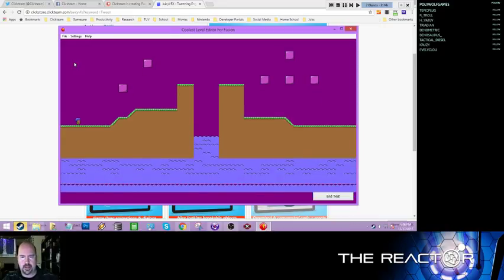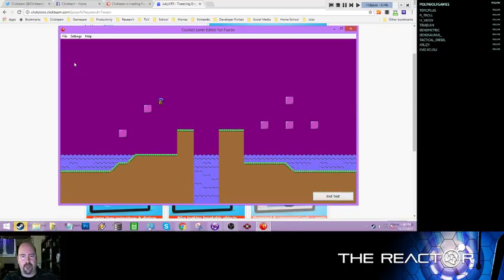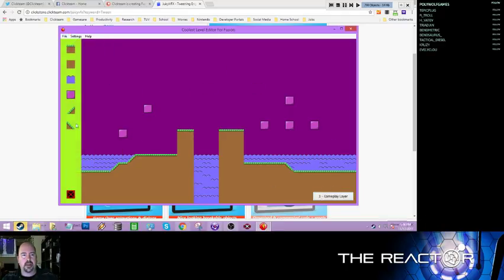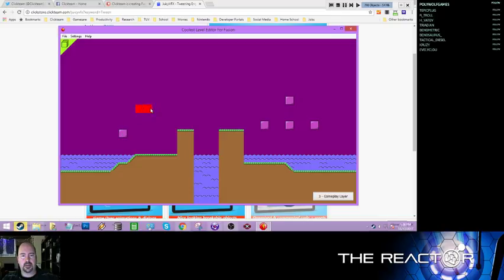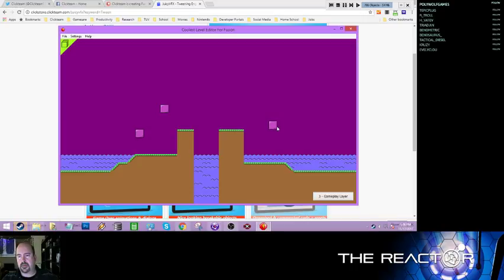And there's our guy. And we got a little bit of parallax scrolling action going on there. Now you notice I didn't set my little platform guys to obstacles, so of course I can jump right through them. So to fix that, I'd have to go back to the editor. And then I'd have to delete the bad ones. There we go. Now we got obstacle, obstacle. And then if we test it again,